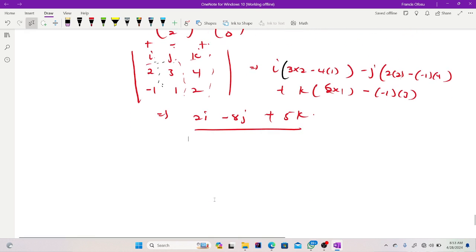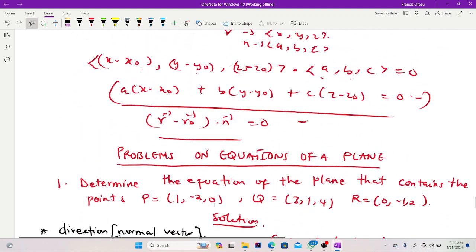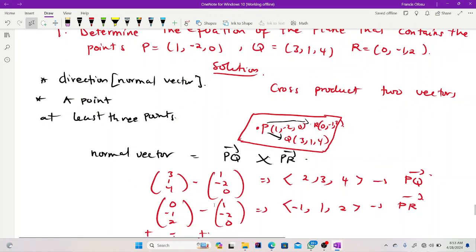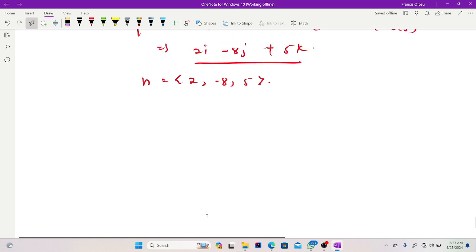Once I have my normal vector n, I can take the coefficients to be the directional numbers 2, -8, 5. Then I'll just take any known point. From the question I'll take my point P as the known point. So I'll have (1, -2, 0). So using point P, (1, -2, 0), my normal vector simply becomes,